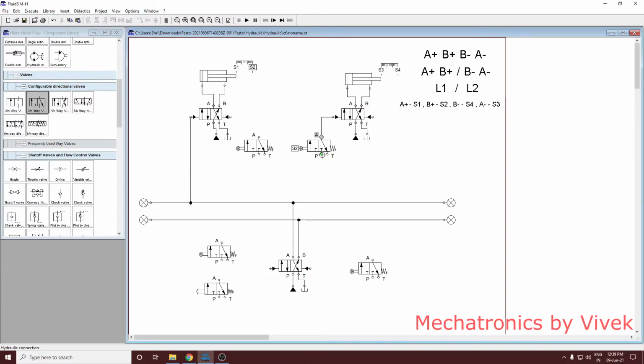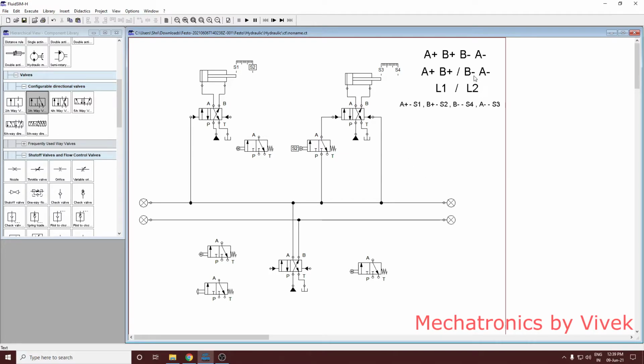Now this will get power again from line L1, correct? Because L1 is going to deliver power to A plus and B plus, and L2 is going to deliver power for B minus and A minus, right? So what happens after B plus? After B plus, S4 gets actuated, and after S4 gets actuated, B minus has to take place. And for B minus, as you see, it will come from L2. Okay, so this is your B minus.